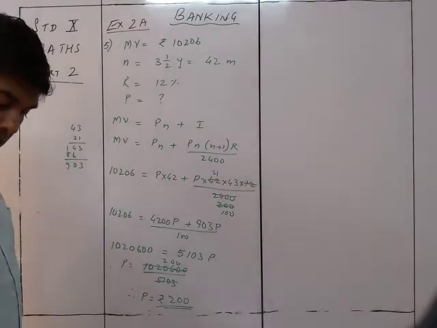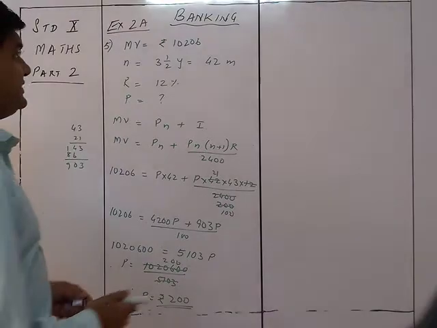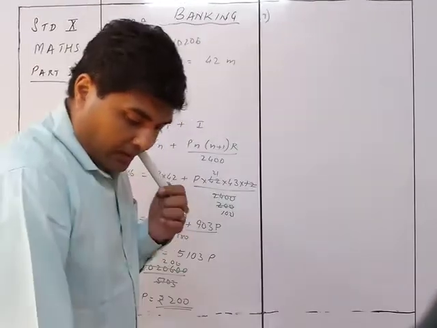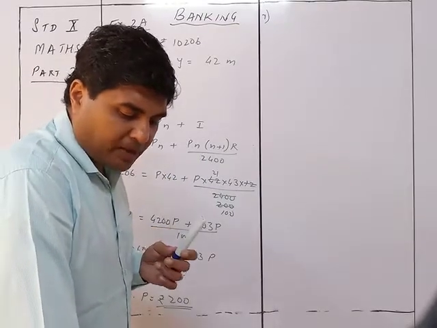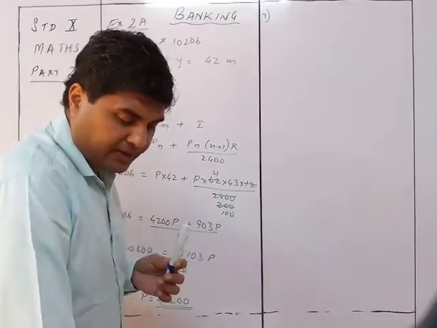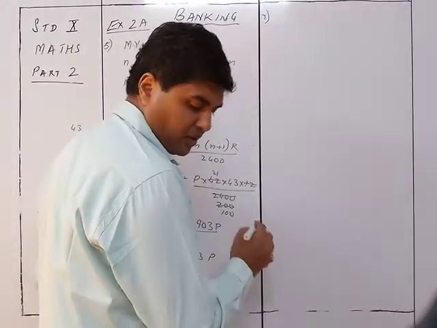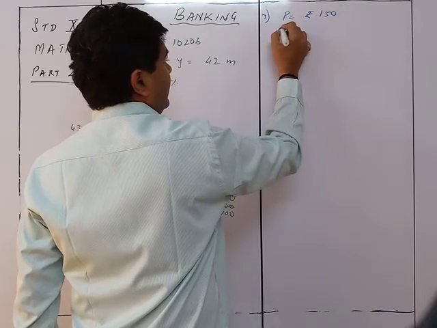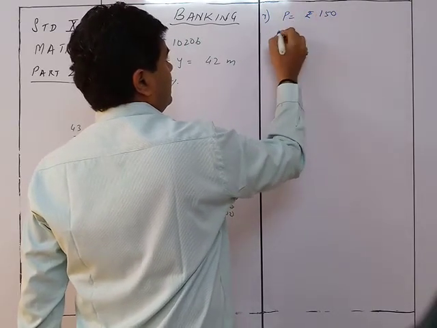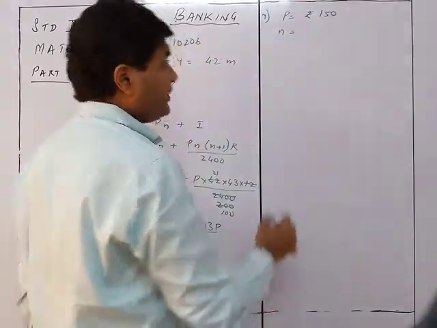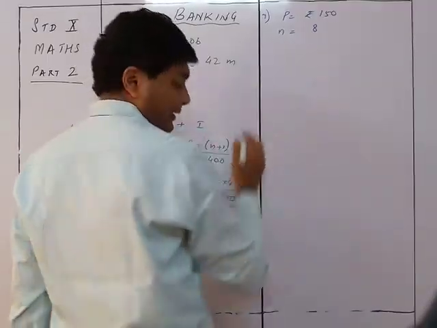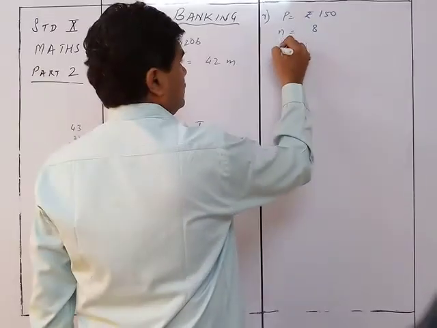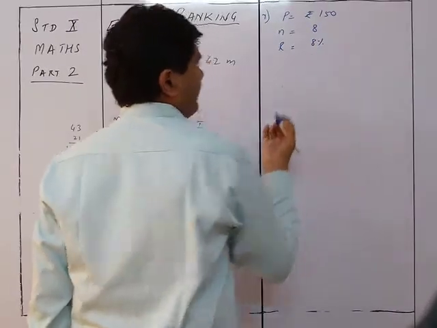Okay. We move on to sum number 7. Amit deposited rupees 150 per month in a bank for 8 months under the recurring deposit scheme. So principal is equal to rupees 150 and he had deposited it for only 8 months. And what will be the maturity amount? If the rate of interest is 8%, so rate is equal to 8%. So we need to find out the maturity value.